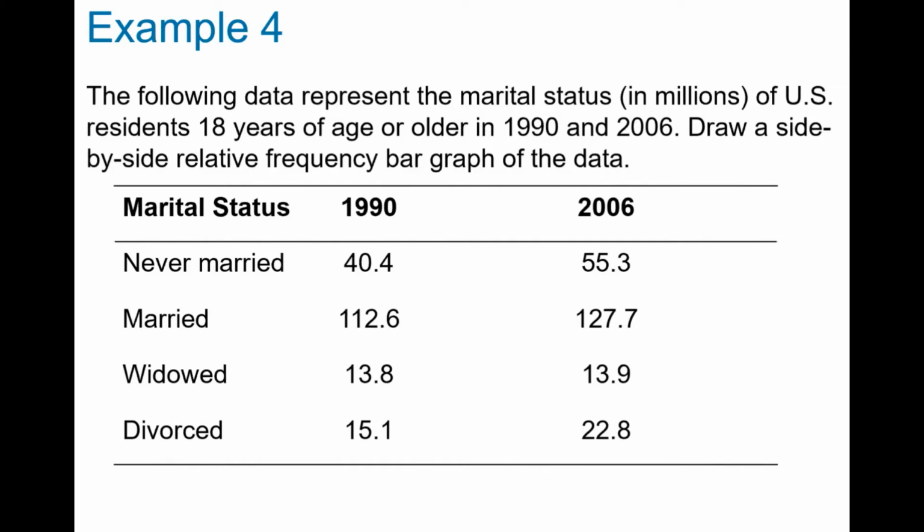The problem with this comparison is, remember that the population in 2006 is a lot larger than it was in 1990. So comparing the frequencies doesn't really give us a fair comparison. We should look at the relative frequency, because let's say that in 1990 only 10% of the marriages ended up in divorce. But if in 2006, 50% of all the marriages end in divorce, this is going to be a huge difference. So whenever you are comparing two data sets, you should use relative frequency, because that's going to show